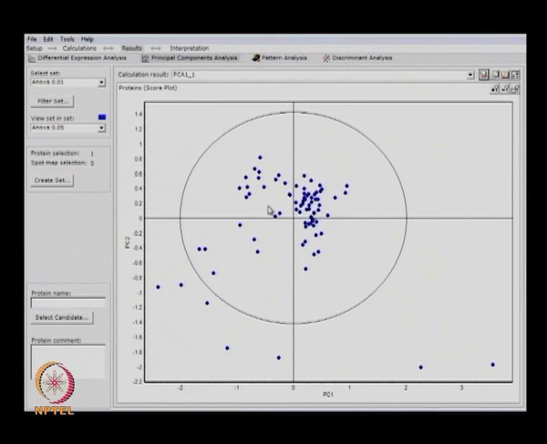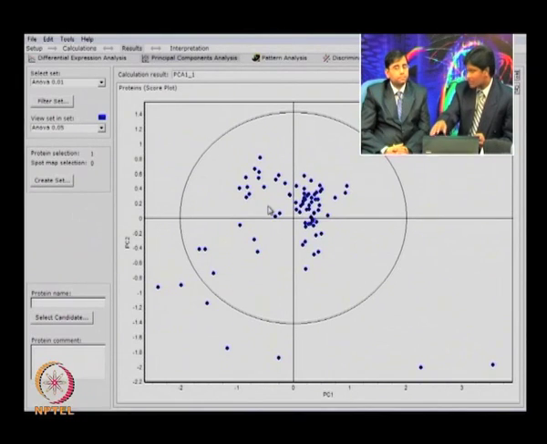Here there are almost 89 proteins. Out of these 89 proteins, you can see that in the inner circle some proteins are present, and outside are the outliers. The inner circle proteins are, especially, 95% statistically significant, and the outliers you can see could be non-reproducible spots, or, the major thing, they are very highly upregulated or highly downregulated. So this can work as a marker also.